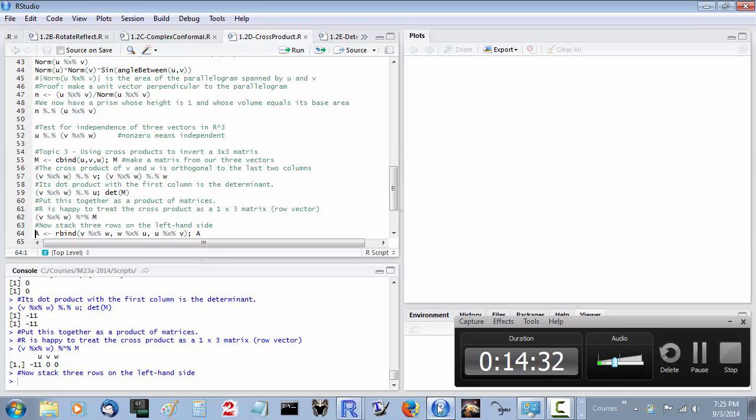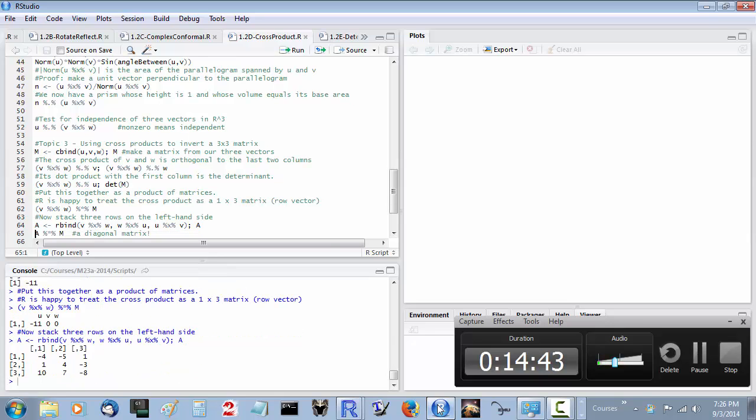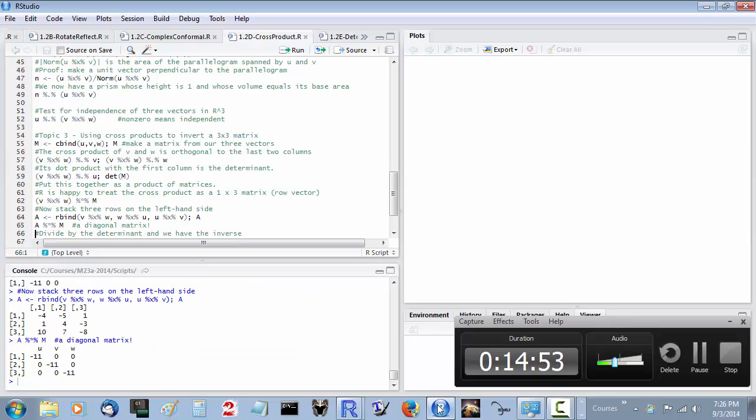Now let's get really clever. Let's do the same thing with v cross w, w cross u, and u cross v. The same argument works in every case, and I can stack up these 3 rows to make a matrix A. When I multiply A by my original matrix M, I'm always going to get 2 zeros, and I am going to get a minus 11 on the diagonal. That's almost but not quite